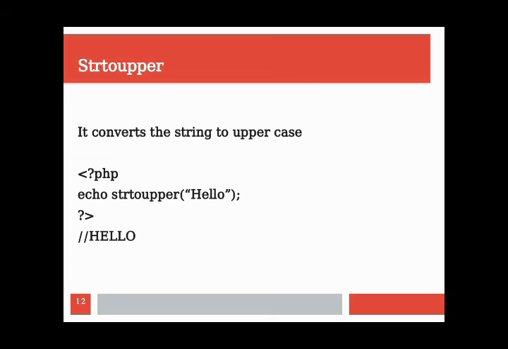Then next is strtoupper, that is string to upper, which converts the string to uppercase, whatever it may be. In the program we see the display statement strtoupper. This function is used, and in brackets within double quotes "hello", that means the string is used, semicolon and end of the tag. Here H is capital, E is small, LL small and O small, but the string to upper function is used, hence all are converted into capital letters, and our output will be capital H, E, L, L and O, that is capital HELLO will be displayed.